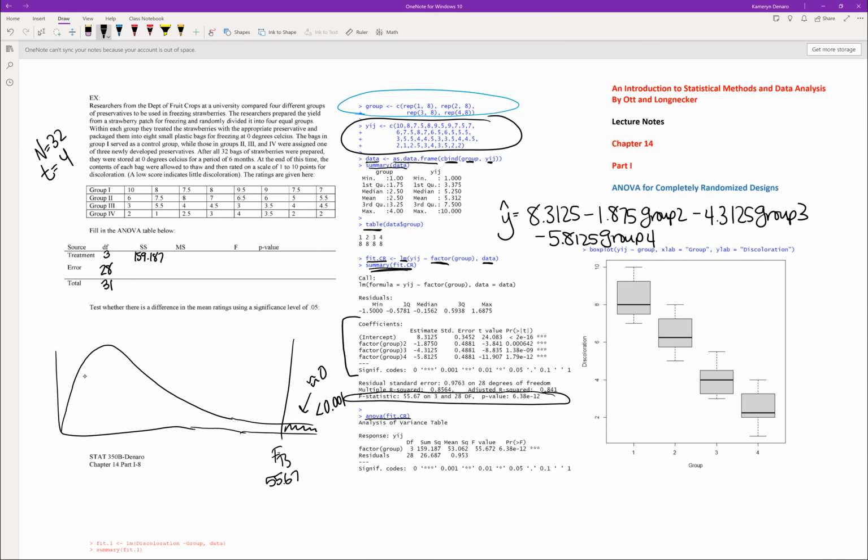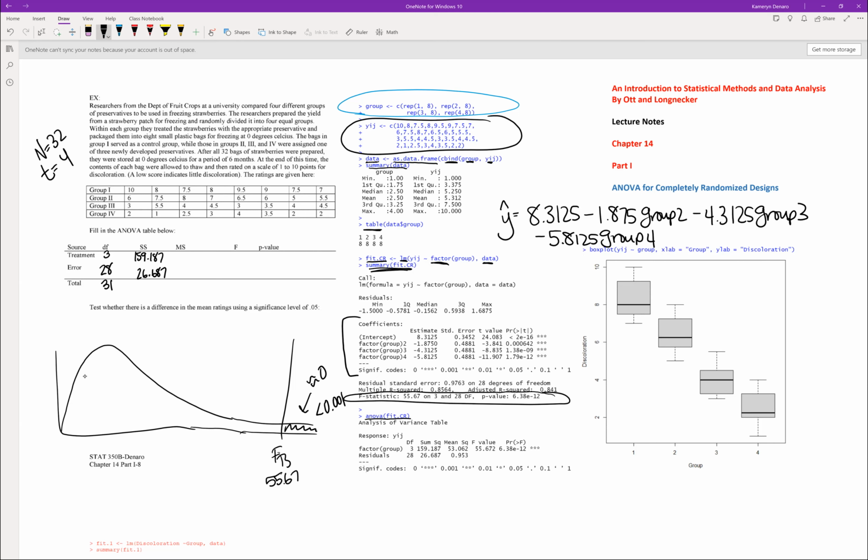Our sum of squared error is 26.687. Now, if you want to hard code this by hand using the formulas from earlier in the chapter, you're more than welcome to. But when you're working at a job in the real world, I doubt you're ever going to code these formulas